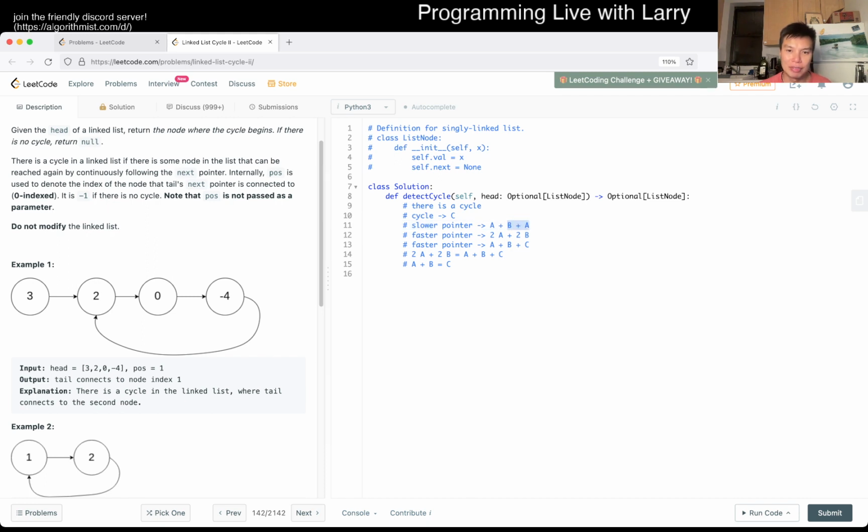So from where we are now, we have to move another A, right? And we move another A. Maybe that doesn't make sense actually. Now that I think about it, or like it makes sense, but how do I get this again? I think I had some idea in my head, but now I'm a little bit lost again. I mean, what I'm saying is right, but how do I get that again? Okay, so we have A plus B, and let's say we move.